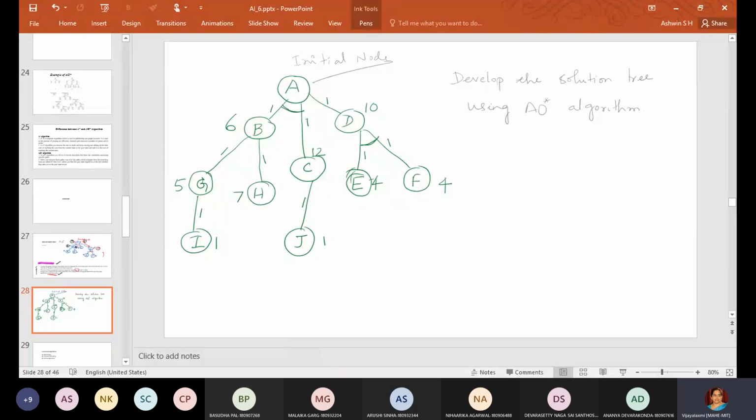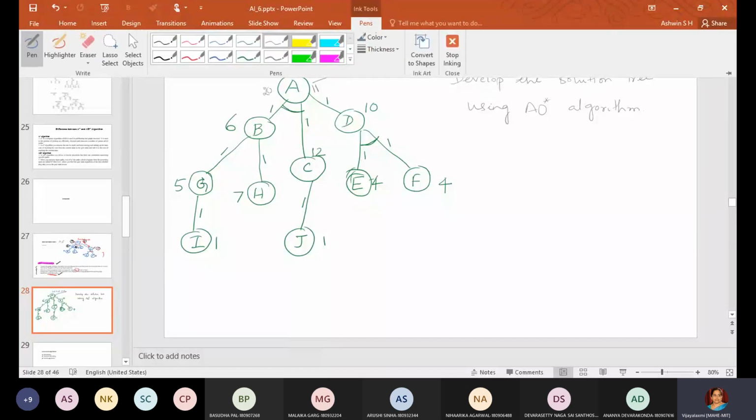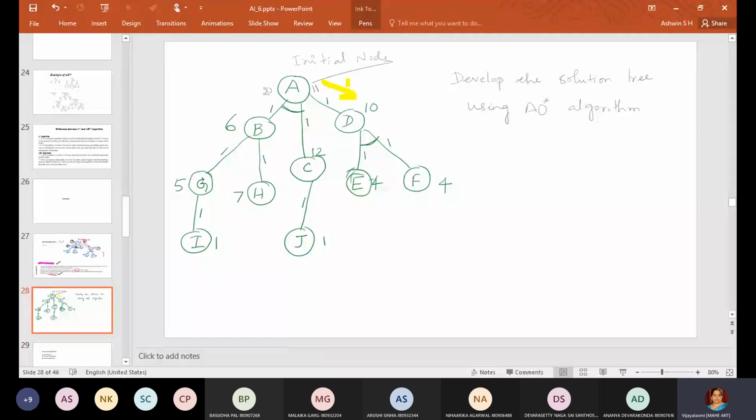So let us calculate here. There is an arc, which means that there is an AND logic. So this is 6 plus 12, 18, 19, 20. So I'll write the value of this as 20, f dash. Whereas here it will be only this path, so it is 11. Of course, our tendency is to proceed in this direction because this is minimum compared to 20. So you will move from A in this direction; this is the way you proceed.